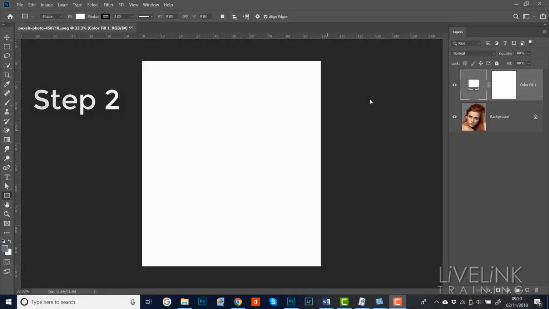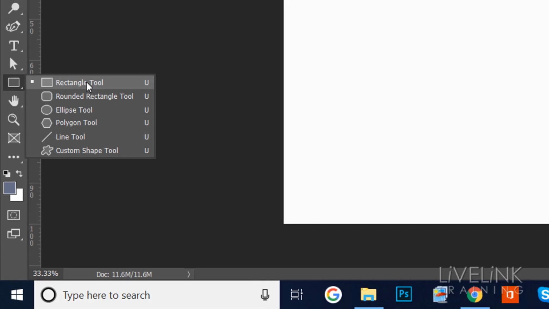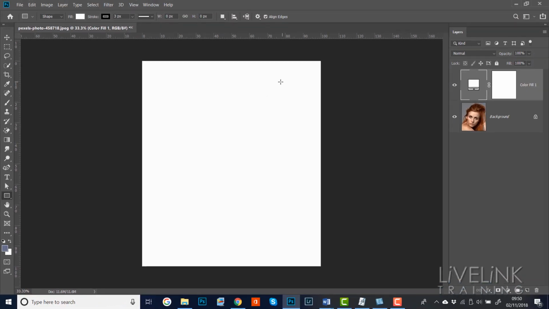Okay then, step two, we're going to draw our first rectangle. Now for this we need to make sure that the colour fill layer is selected, which it is, and we're going to use the rectangle tool. So let's go and do that. We're going to go into the toolbox, and down here we've got the rectangle tool, and these are vector shapes. So I'm going to click on that, and then up here somewhere around this area I'm going to click and drag out a rectangle,